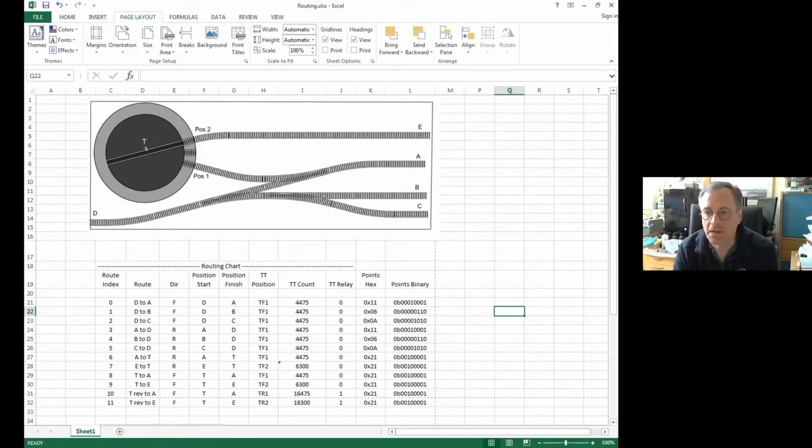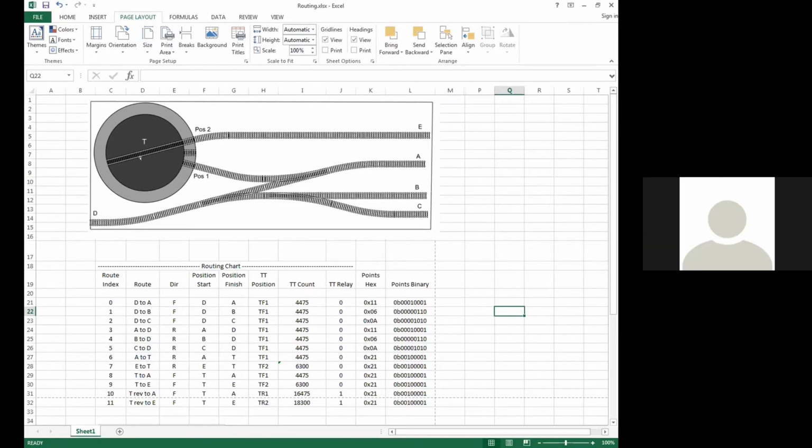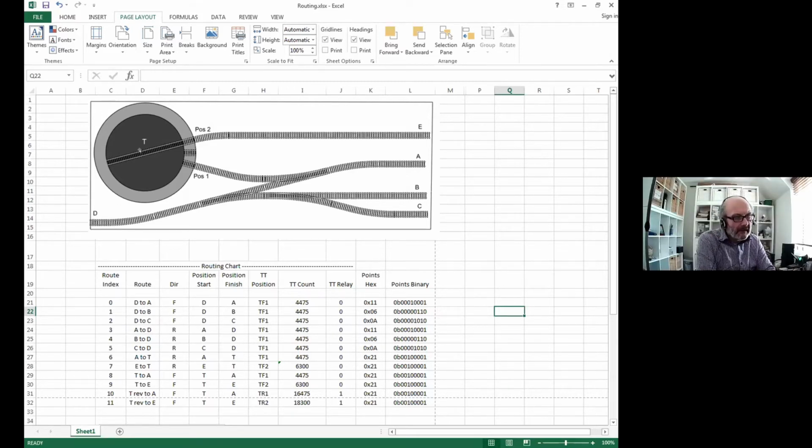You could do the same thing with a magnet mounted under the center of the loco. Yes, any sensor, providing it's designed to, it's in the middle of the section of track on the turntable, and whatever the target is on the locomotive is in the center of the length of the locomotive. Yeah, that might work. You've got to be careful that you get the information from the turntable to the controller, and